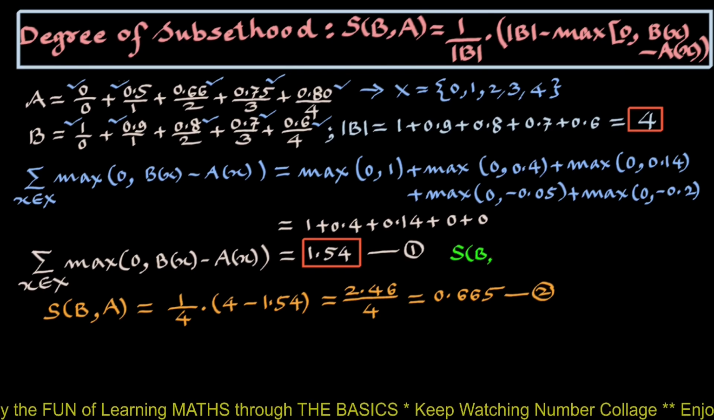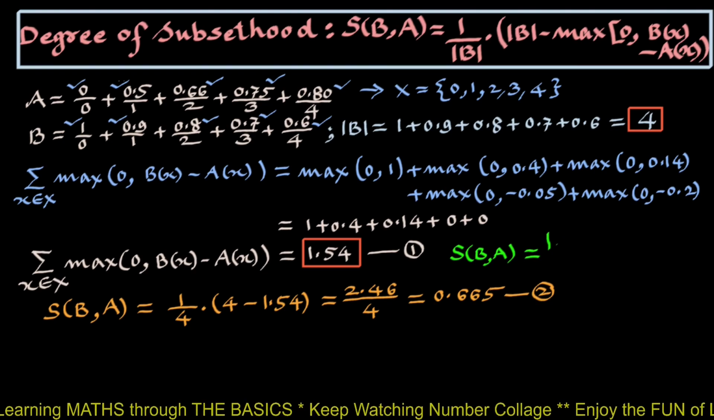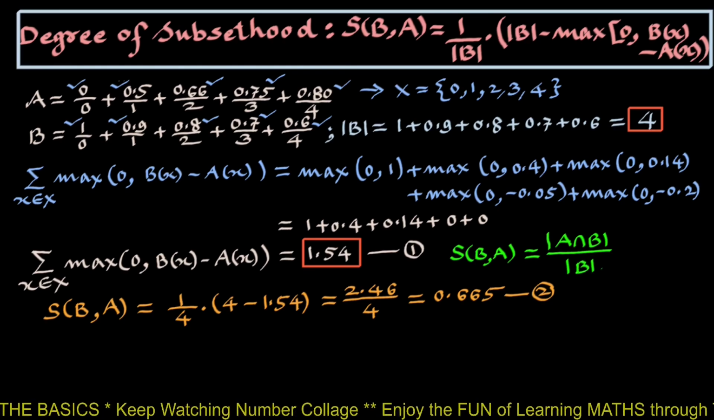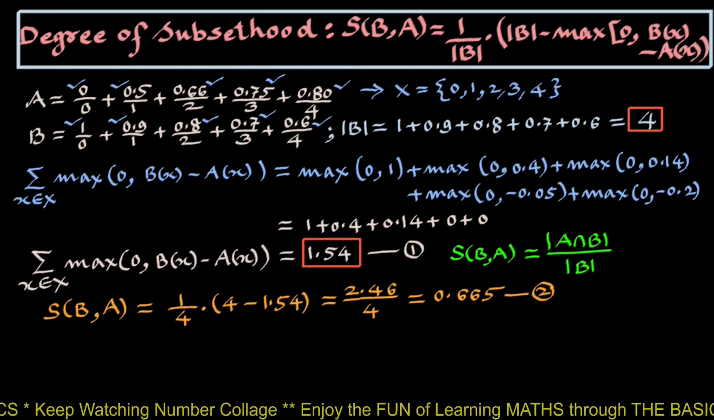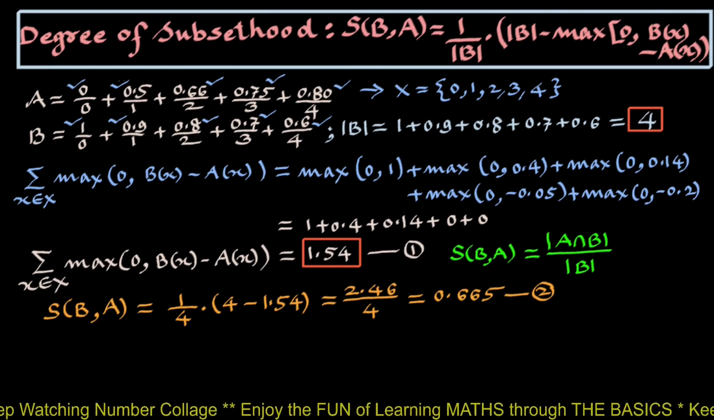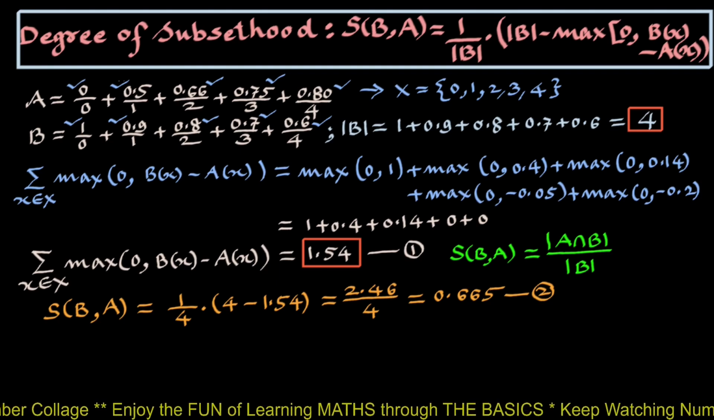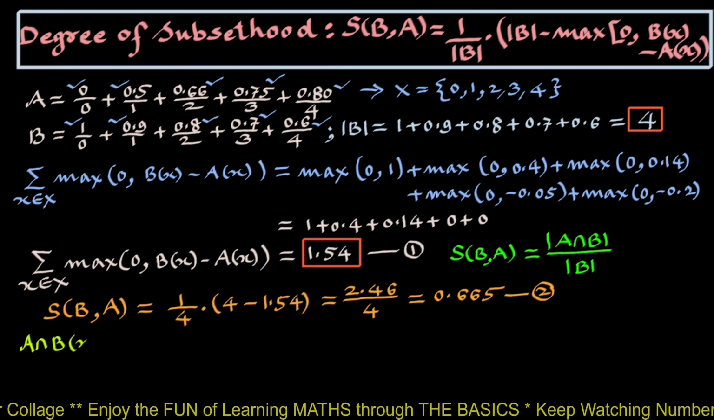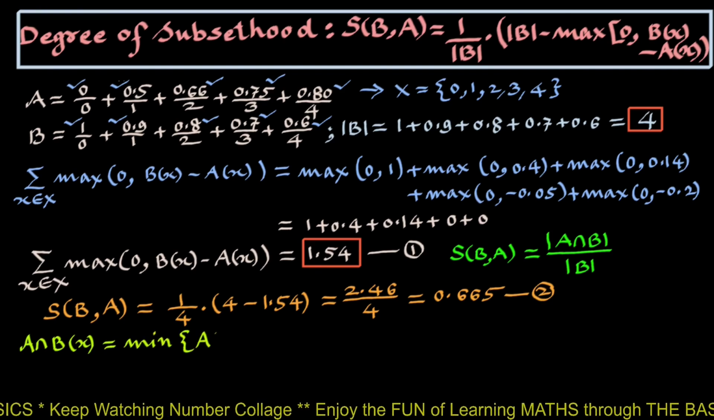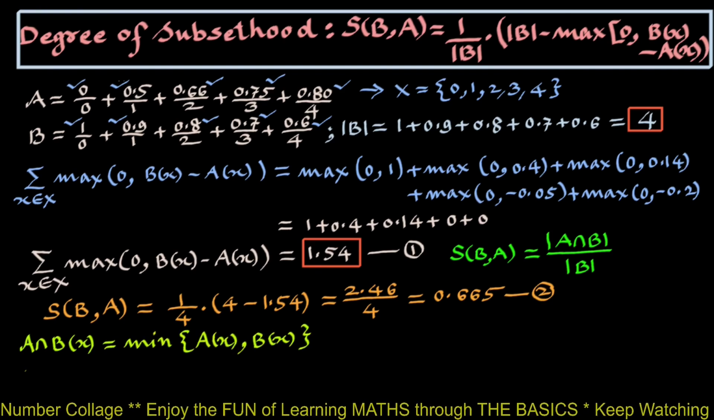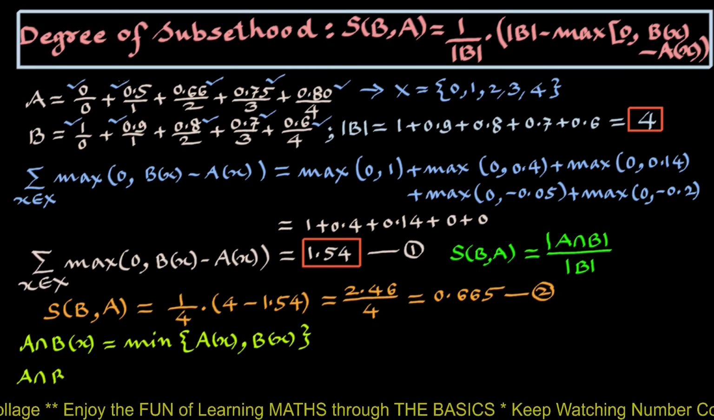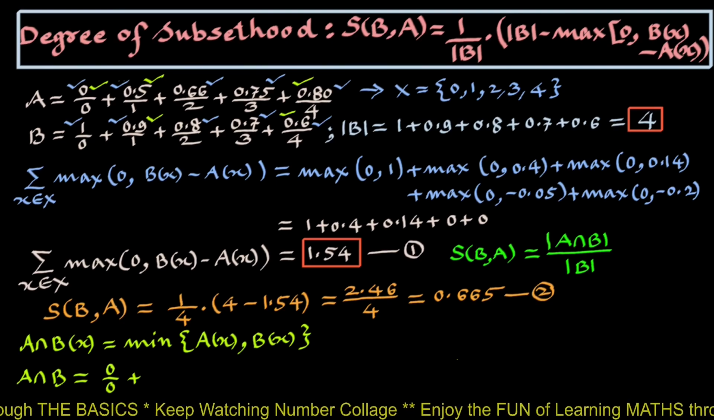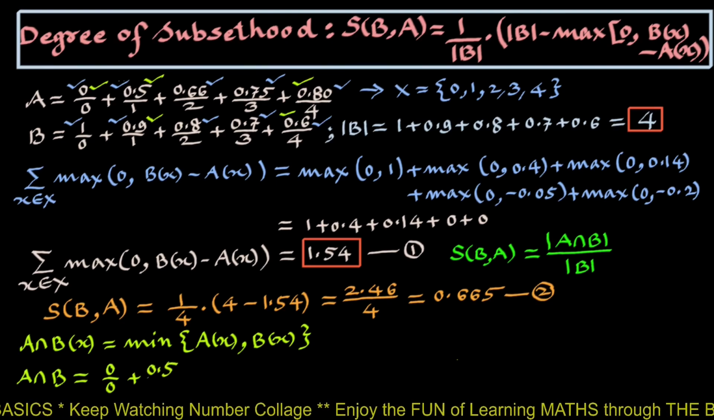S of B in A is scalar cardinality of A intersection B upon scalar cardinality of B. First, we will find out scalar cardinality of A intersection B. For that, we need to find set A intersection B. Let us recall A intersection B of x is minimum of A of x and B of x. From this, we write A intersection B: minimum of 0 and 1, 0 upon 0, plus minimum of 0.5 and 0.9, 0.5 upon 1